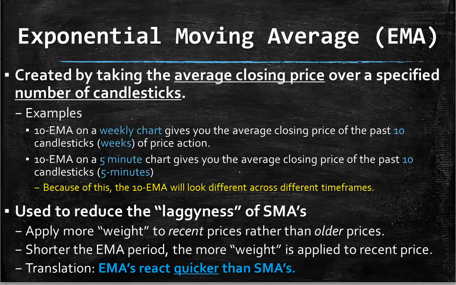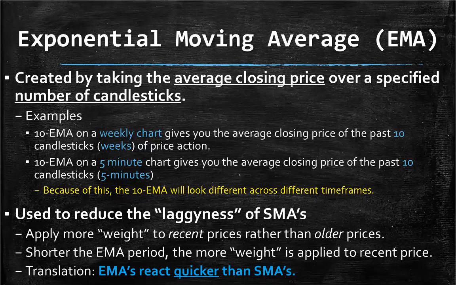Exponential moving averages are a little bit different. EMAs, if you see that on a chart analysis, that's what that is referring to. Again, I'm not going to harp on it as much, but a 10 EMA on a weekly chart gives you the average closing price of the past 10 candlesticks, which are weeks of price action. Whereas a 10 EMA on a 5-minute chart is going to give you the average closing price of the past 10 candlesticks, which are just 5 minutes. So in other words, a 10 EMA on the weekly chart is going to give you the past closing price,